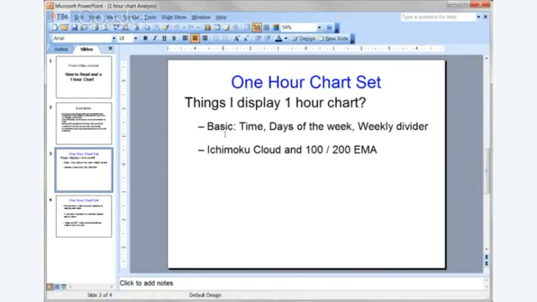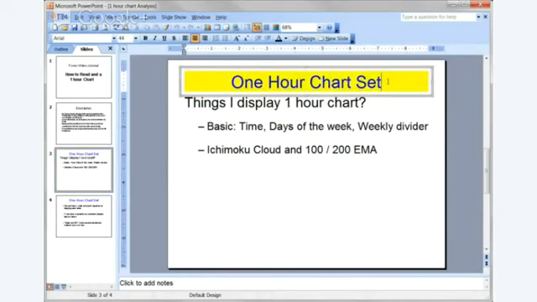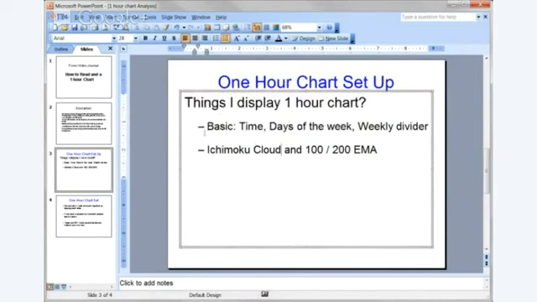So in this video, I'm going to try to stay focused, and I only want to talk about the 1 hour chart setup. And what are the things I keep on my 1 hour chart? The basic things is I show the time, days of the week, and a weekly divider. In terms of indicator, I will throw on only the Ichimoku cloud and the 100 and 200 EMA. The 100 and 200 EMA along with the cloud,